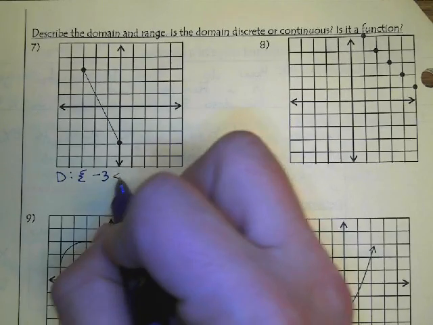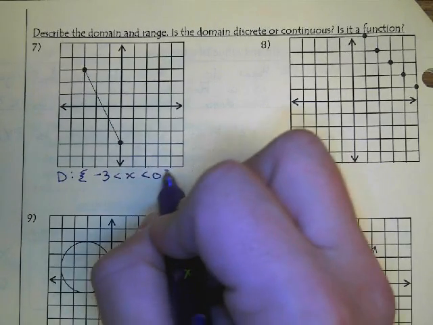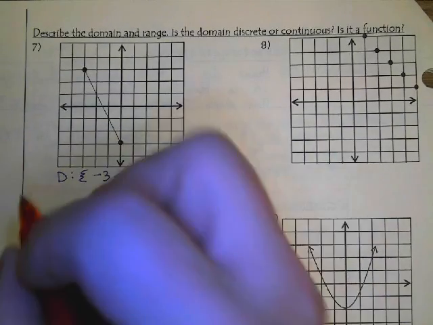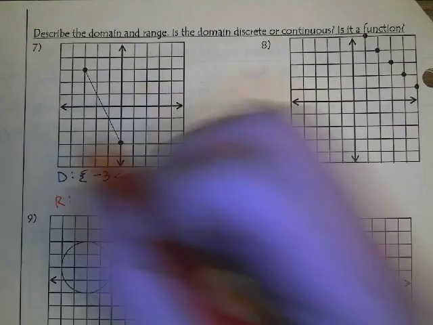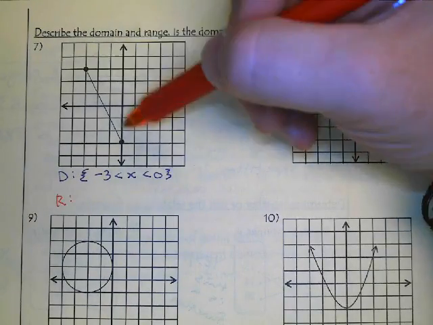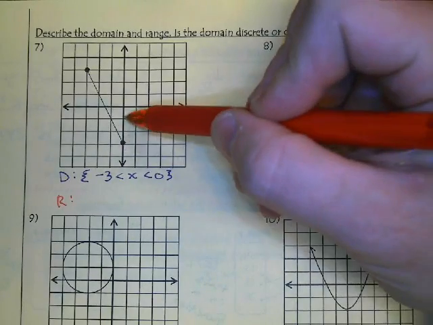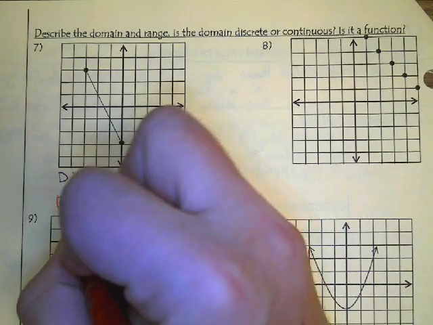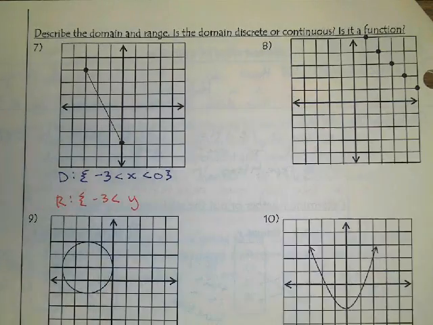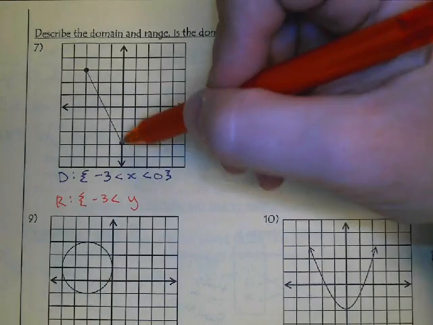So I can say x's are in between -3 and 0. And then my range, well, what's the lowest y value? -3, and I'm talking about my y's are in between -3 and